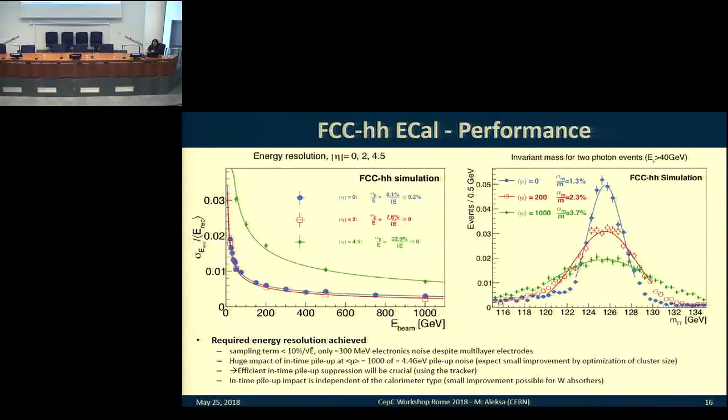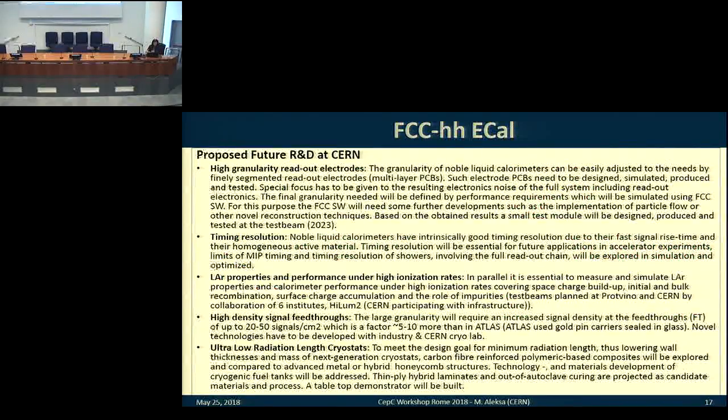And this is basically only dominated by the pileup. So it's very crucial that we have efficient in-time pileup suppression using the tracker, and of course timing will also help, timing of the calorimeter will also help to suppress this pileup. But without suppression, you see what you get. Okay, so the proposed future R&D at CERN is, I will not read through all that, but it is,